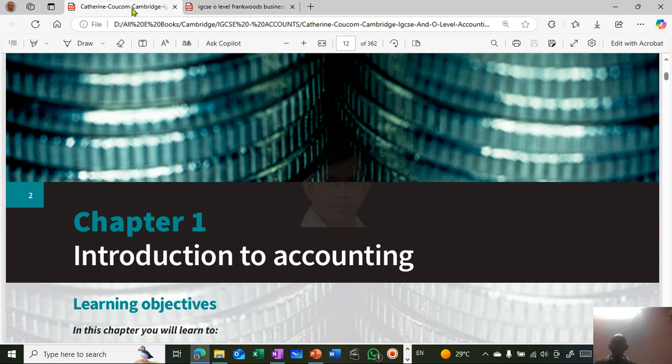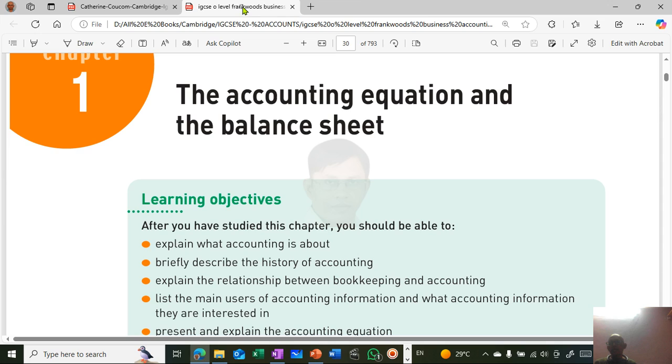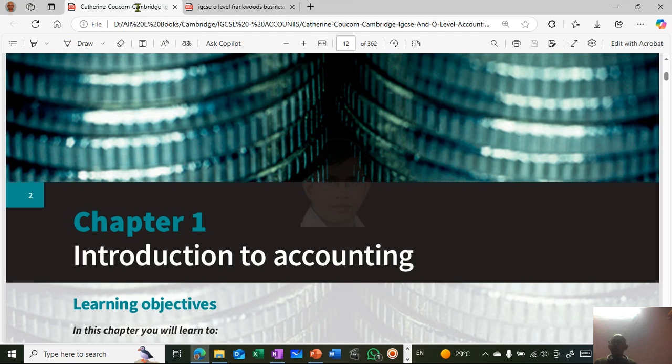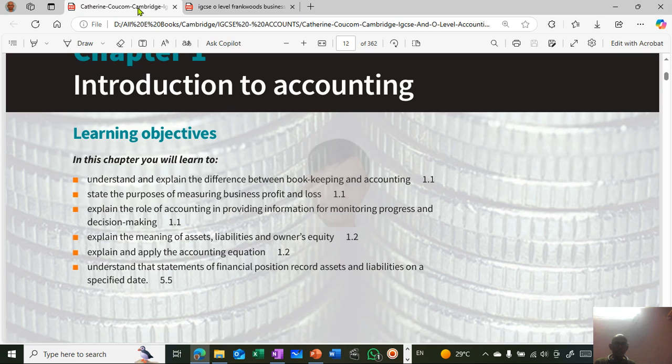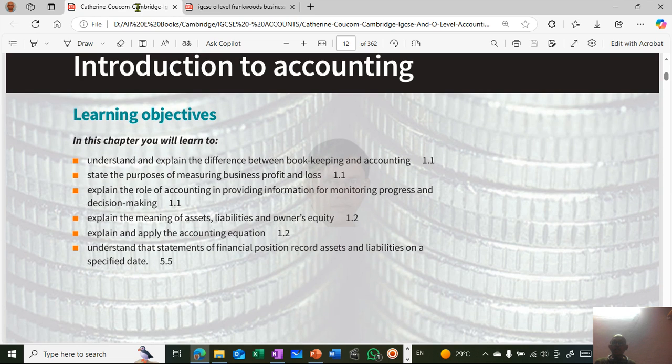So this is a text from Catherine Coupon, and we have another text, this one from Frank Wood. Okay, so what is there in accounting as per Catherine Coupon is the same thing in Frank Wood. So understand and explain the difference between